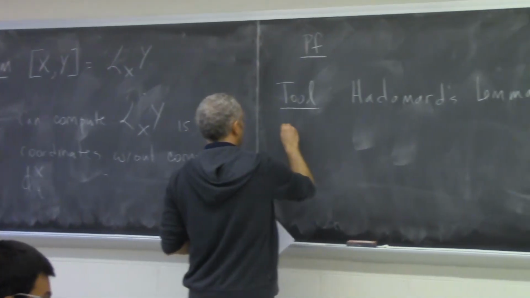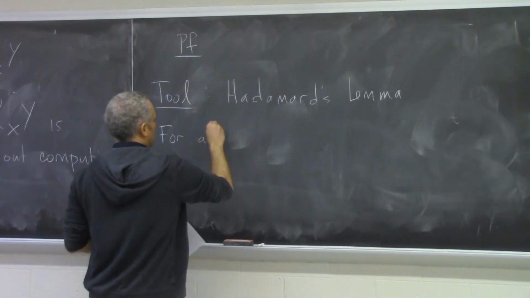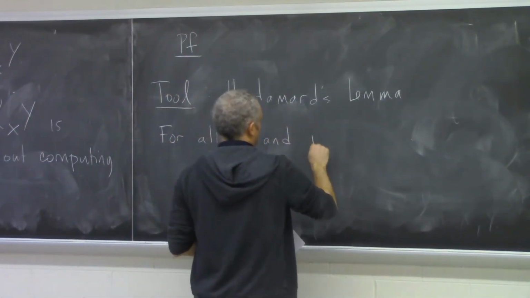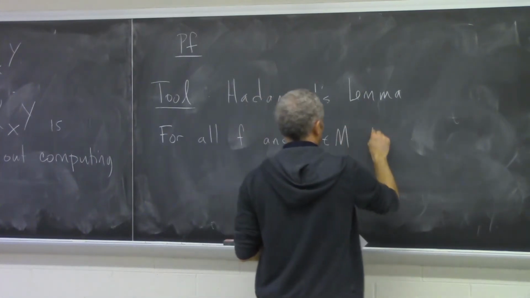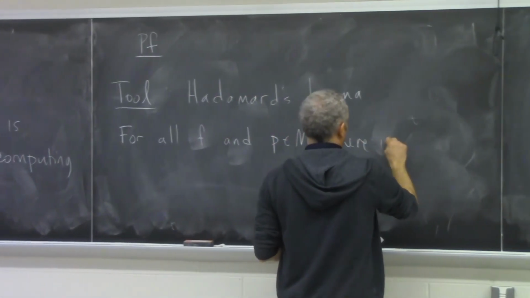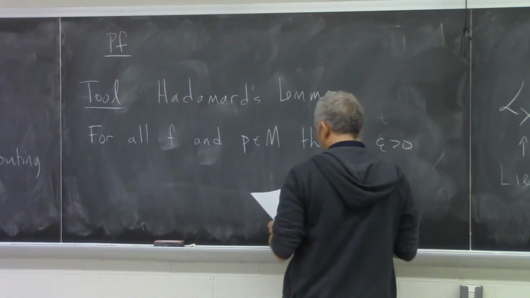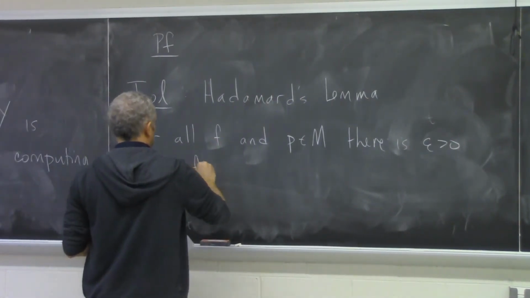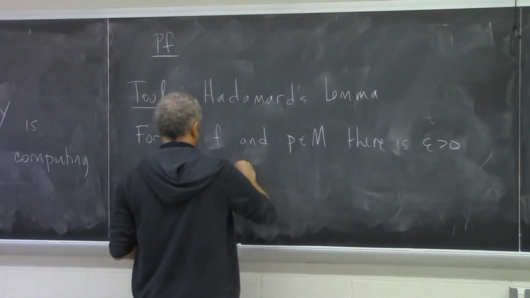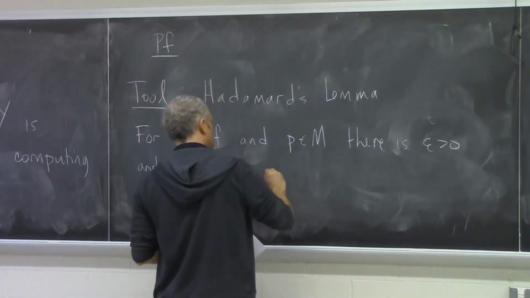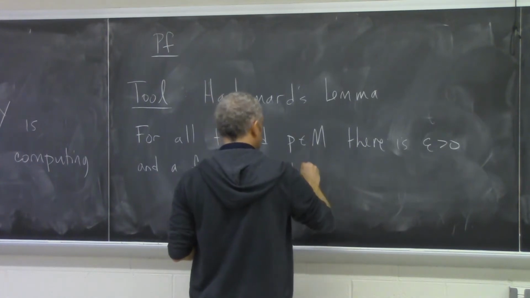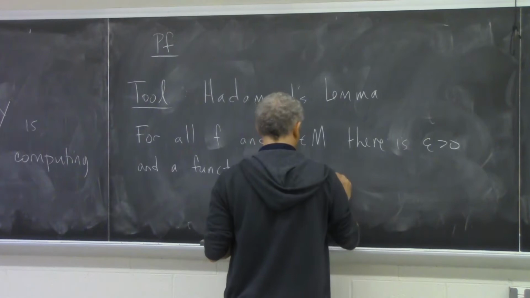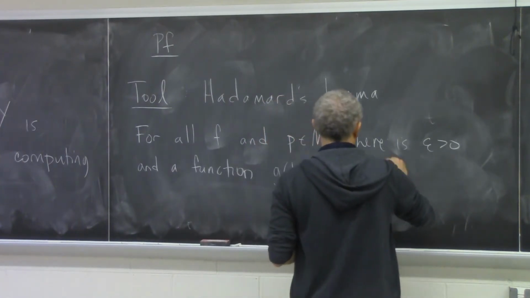Okay, so for all f and points P and M, there's an epsilon greater than 0, and a function g t of p, such that